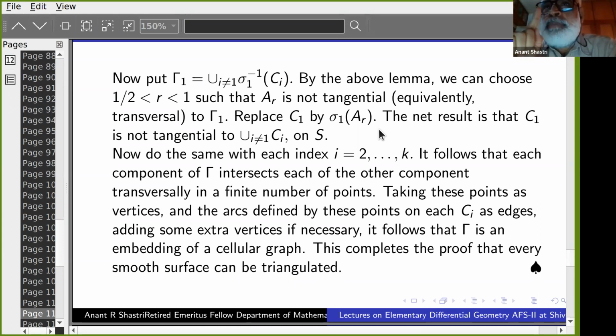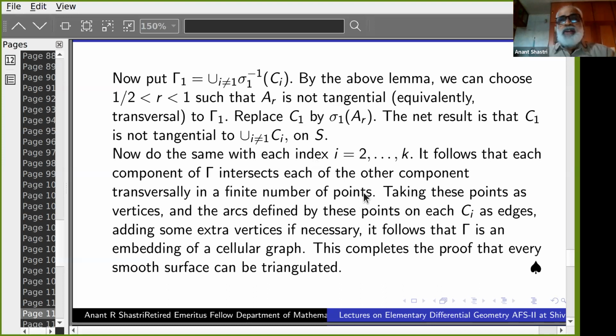Automatically, it will mean that the number of intersection points is finite. It may happen that several curves intersect in the same point. Never mind. But any two tangents will be independent. Any two of them. That is the best possible. Automatically there will not be overlaps, because if there are overlaps, then the tangents will be equal all over, right? So that will be a critical value. So we have chosen A to be a non-critical value.